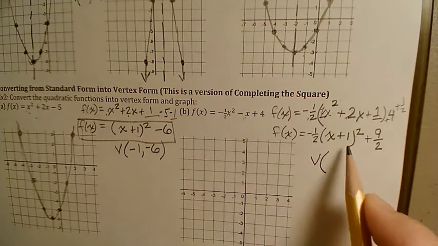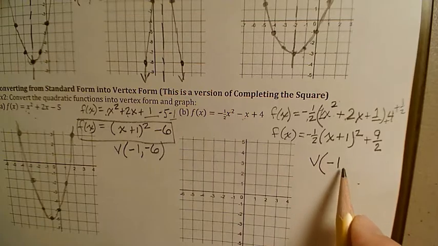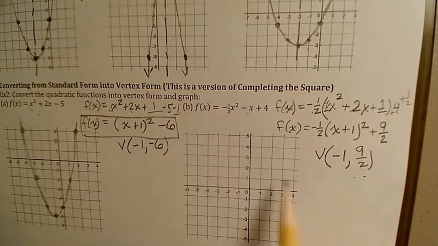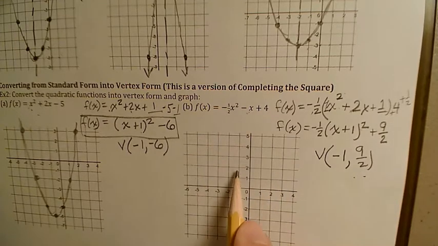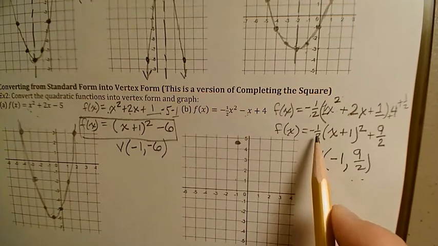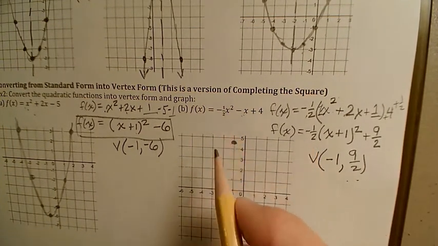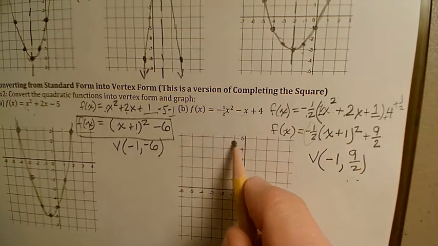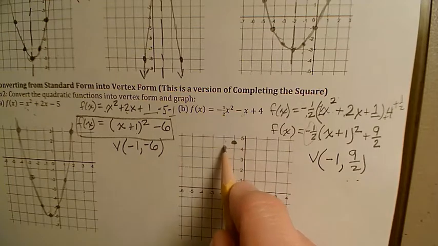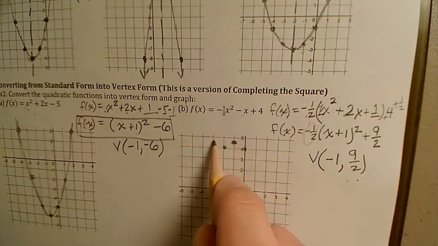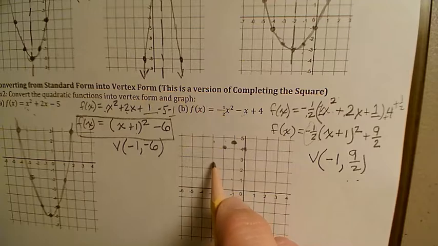Okay, so what will the vertex be? The vertex will be -1, comma 9/2. Or 4.5 when we go to graph it, I guess. So -1, and then 1, 2, 3, 4.5. This is negative, so I know this is opening down. The leading coefficient is 1/2, so we've got to shrink here. So I'm going to go over 1, down 1/2. Over 1, down 1/2. Over 2, down normally 4, but now down half of that, 2. 1, 2,